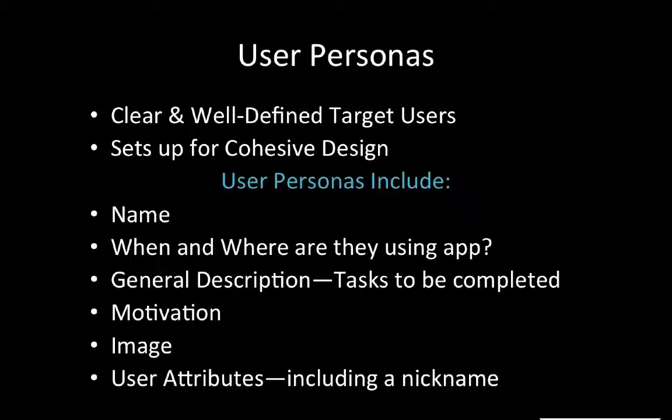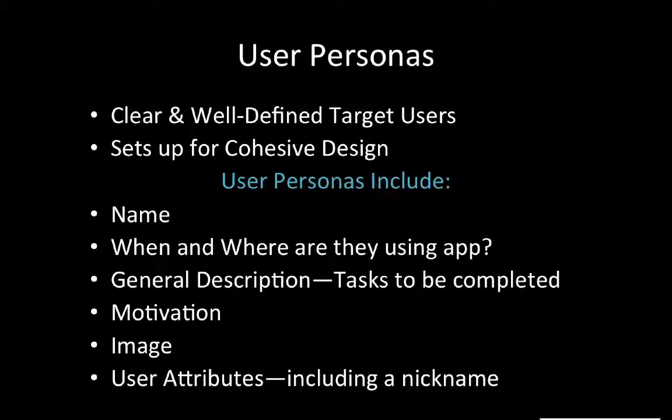Your persona should include a name, so it can be a fictional name of the user, when and where the user will use the app, a general description of the tasks each type of user will perform with the app or access via the app, motivation, so what is the user's motivation to use the application, an image of the user, so once again this is a fictional image, it's optional,